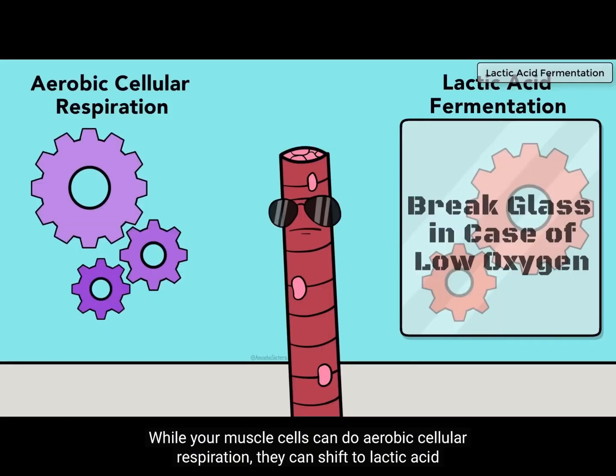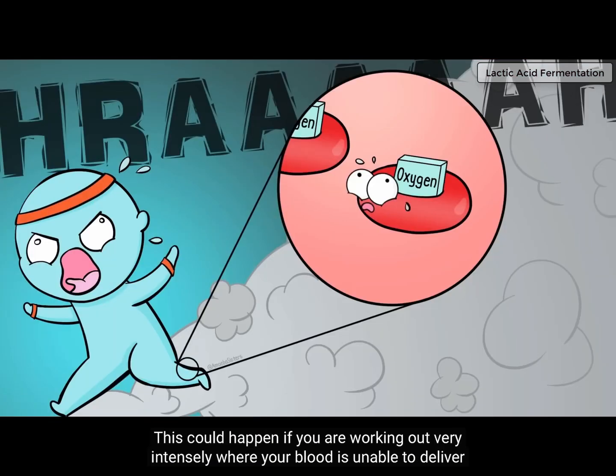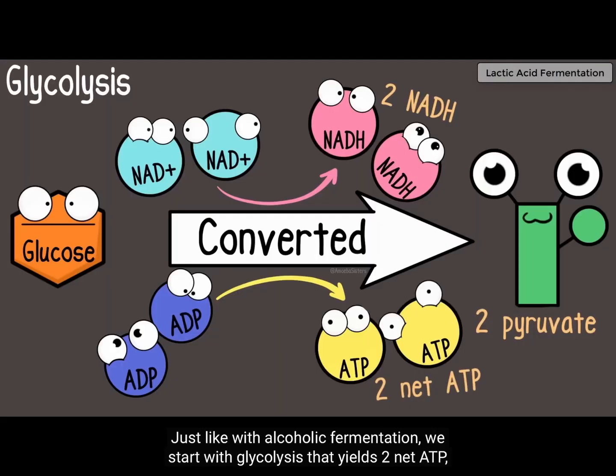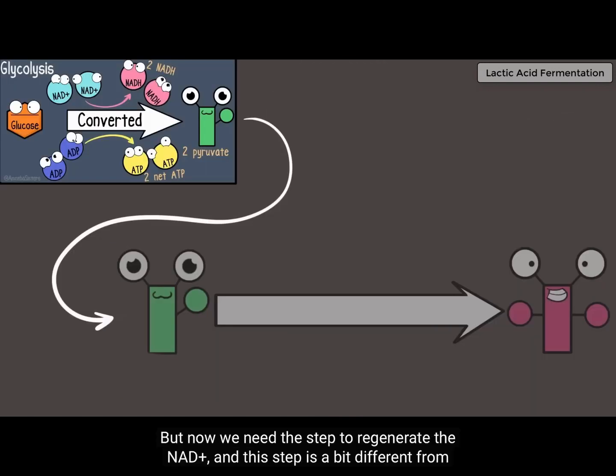While your muscle cells can do aerobic cellular respiration, they can shift to lactic acid fermentation if they experience an oxygen debt. This could happen if you're working out very intensely, where your blood is unable to deliver a sufficient amount of oxygen to them for their demand. Just like alcoholic fermentation, we start with glycolysis, that yields the 2 net ATP, 2 pyruvate, and 2 NADH. But now we need the step to